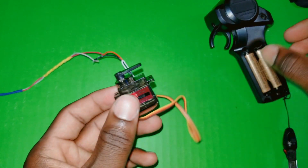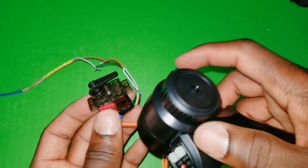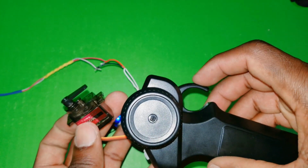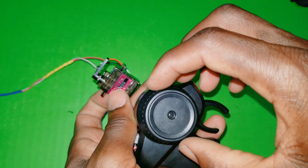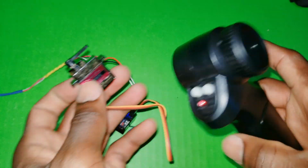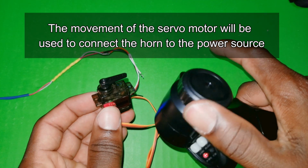And now we can control the servo motor with this controller right here. If one throttle doesn't work, make sure you try different throttles, because each throttle corresponds to a different channel on the receiver. So as you can see,